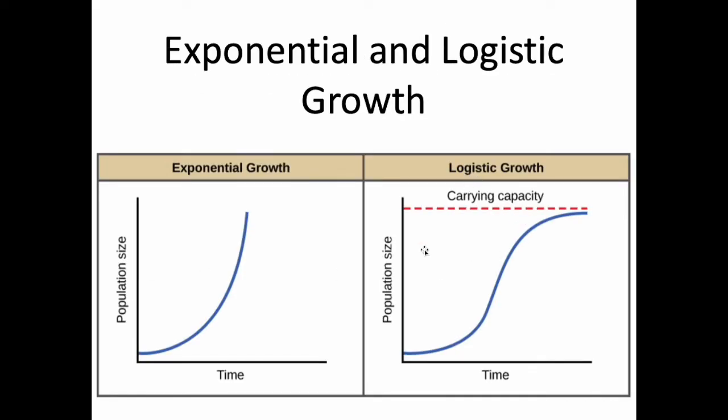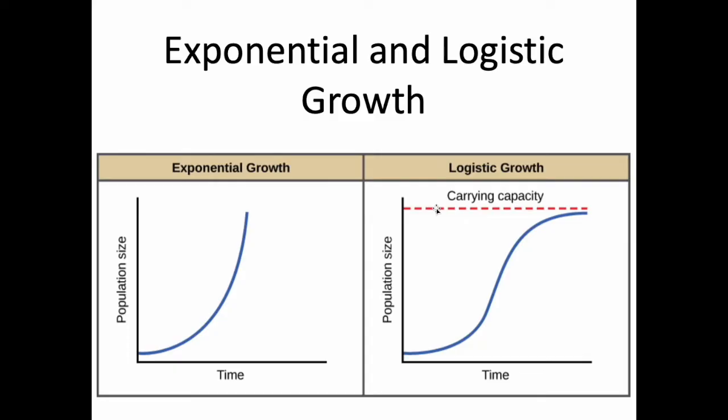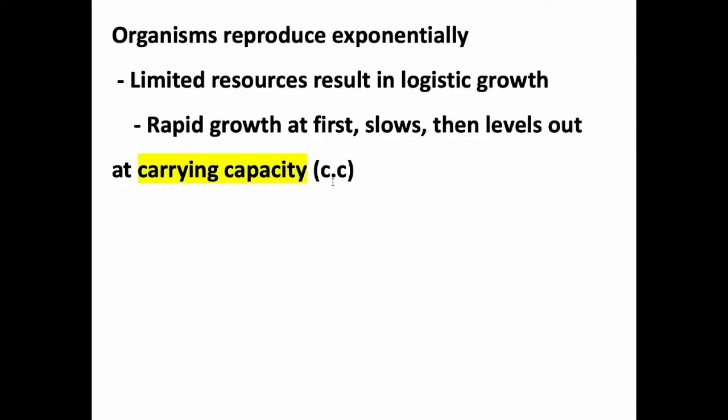So, labeled here, logistic growth is a sort of S-shaped thing. If I want to describe this in words, logistic growth is rapid growth at first, then it slows down, then it eventually levels out at a sort of ceiling called, very importantly, the carrying capacity. You may have noticed this labeled when I first used this figure talking about evolution, but I did not bring up carrying capacity there. I'm bringing it up here. Carrying capacity is this ceiling. Often abbreviated as C,